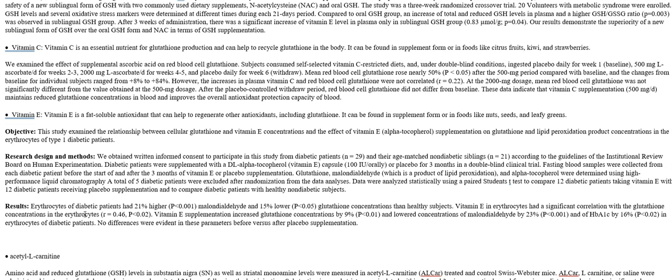Vitamin E is a fat soluble antioxidant that can help regenerate other antioxidants, including glutathione. It can be found in supplement form or in foods like nuts, seeds, and leafy greens. The objective of the study examined the relationship between cellular glutathione and vitamin E concentrations and the effect of vitamin